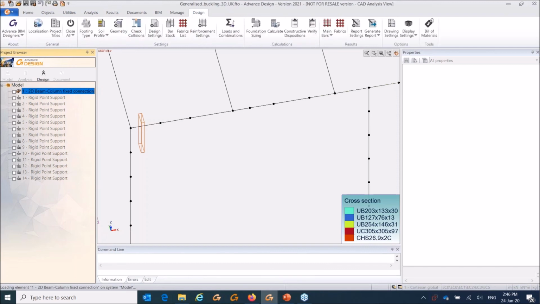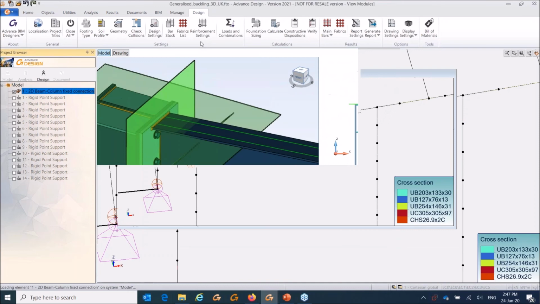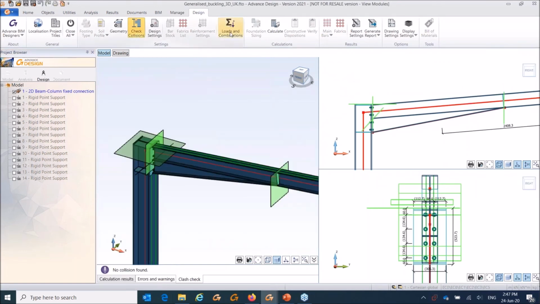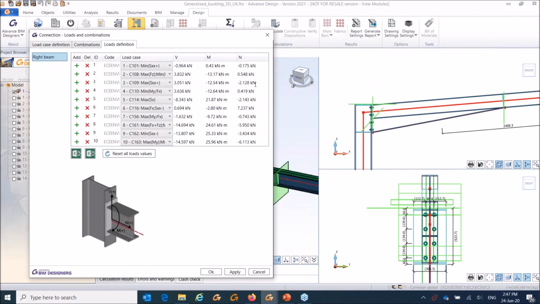Okay, so you can see now the interface has changed. I have a few new tools at the top of the graphic area, and very soon I will have the views of this connection. Okay, now I can see inside loads and combinations. I have all the loads coming from advanced design. I have some options in here